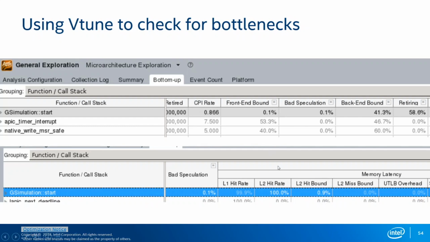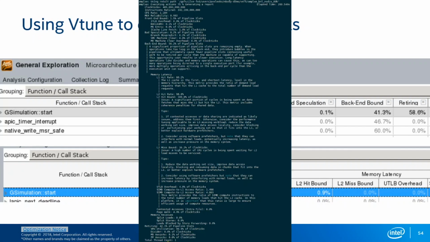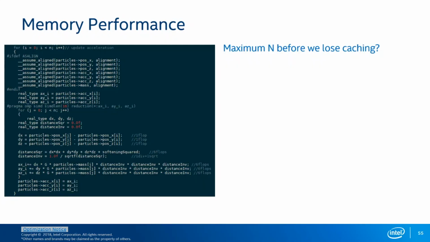So this view might change from system to system. Again, if you dump the text report, this is essentially what that looks like. Okay, so let's quickly go back to our application, look at the source code, set some expectations, and then